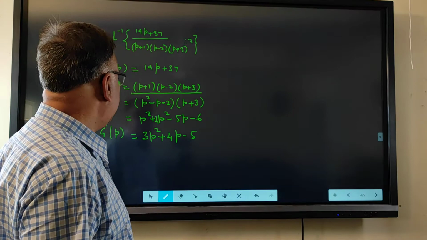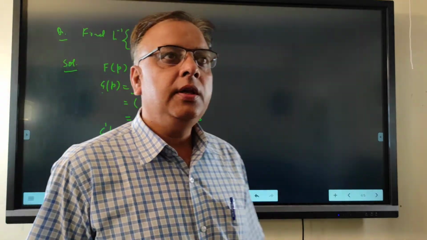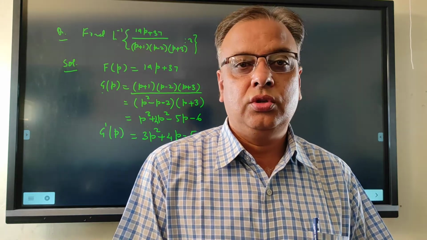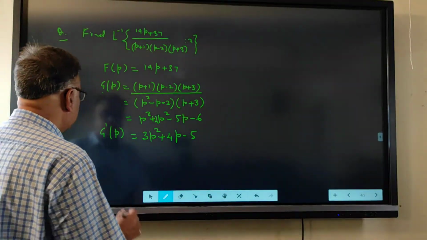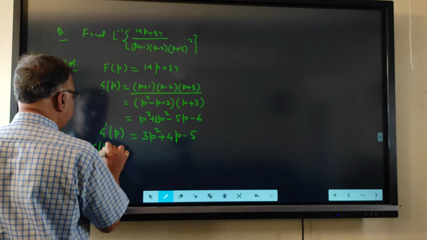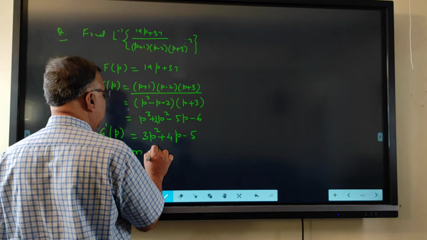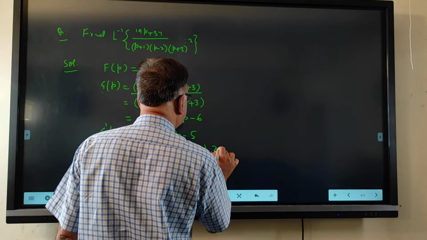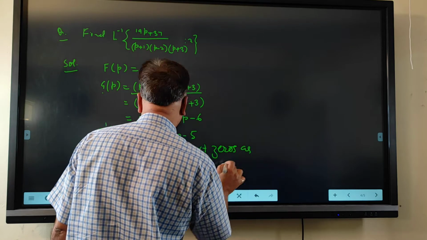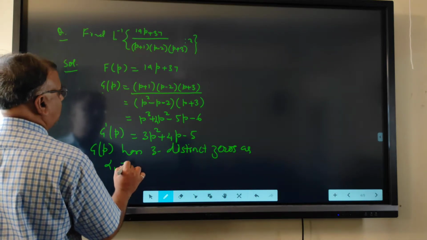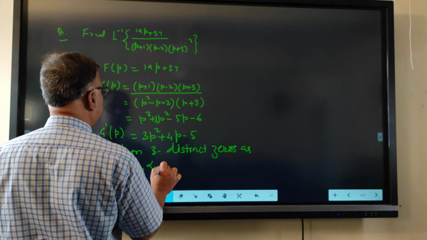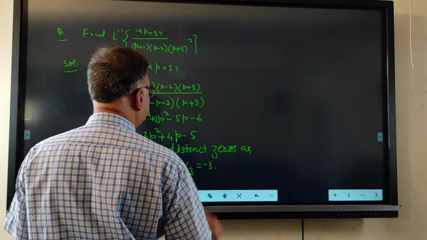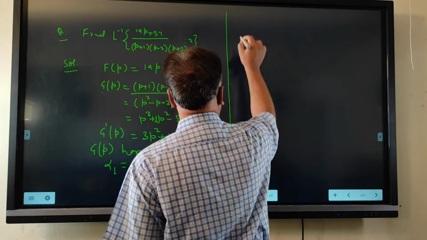G(p) has 3 distinct zeros: alpha 1 is equal to minus 1, alpha 2 is equal to 2, and alpha 3 is equal to minus 3. So, by the Heaviside expansion formula,